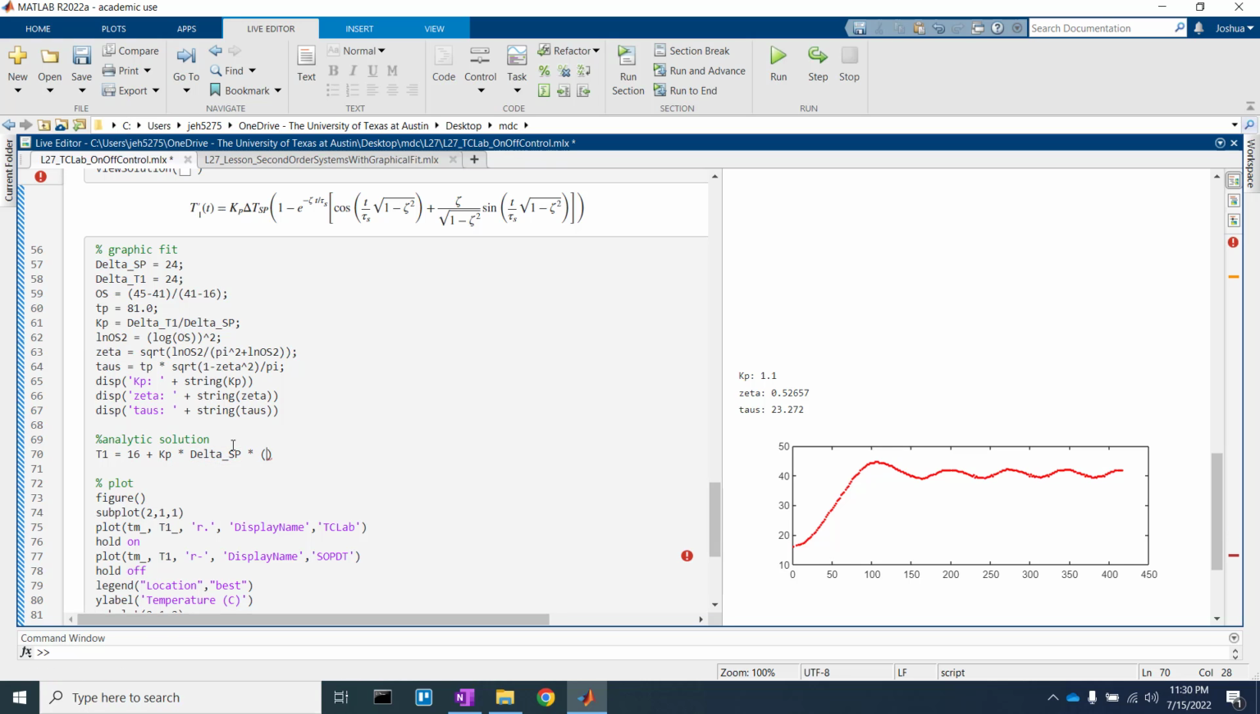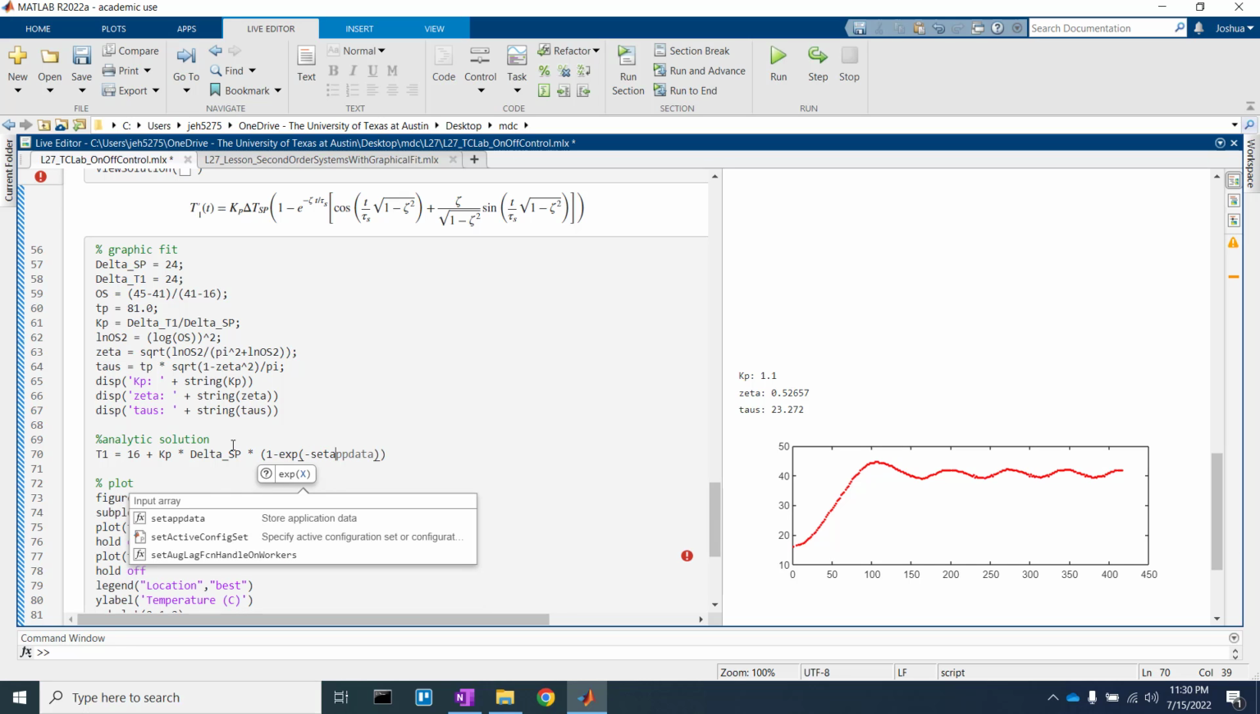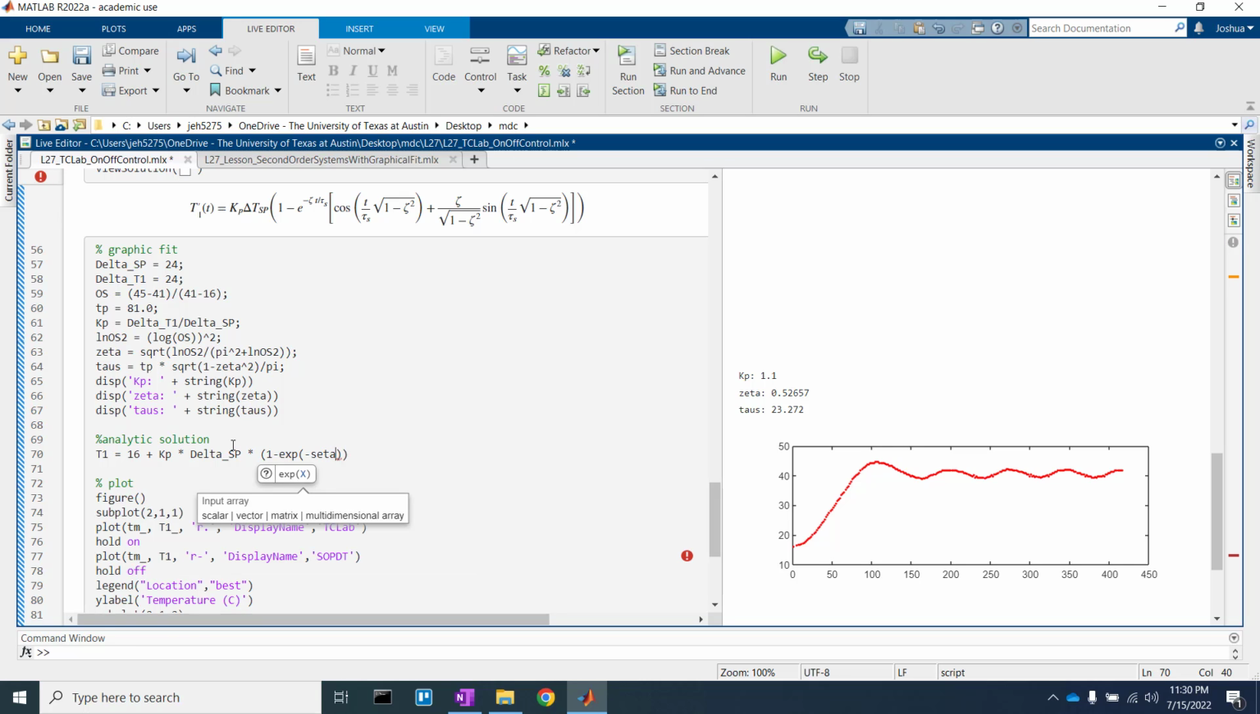Times 1 minus the exponent of negative zeta times, that's a zeta, not a zeta, times Tm times time divided by tau s. And that's all going to be multiplied by, we'll do parentheses,